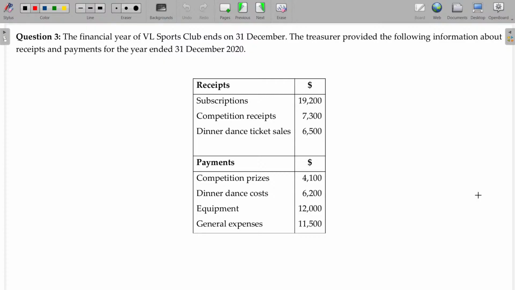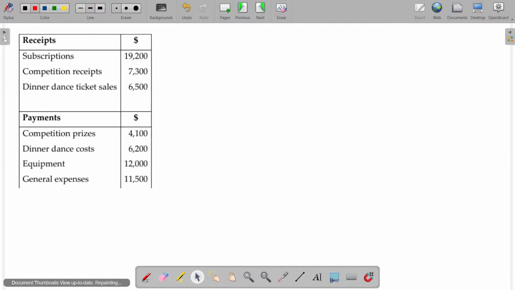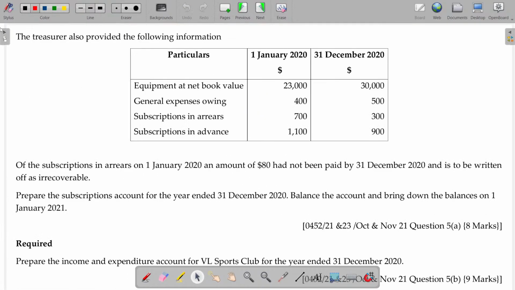Question number 3. The financial year of VL Sports Limited ends on 31st December. The treasurer provided the following information about receipts and payments. So this is all about receipts and payments. Our duty is to predominantly prepare the income and expenditure account. Let's see. The treasurer also provided the following information: